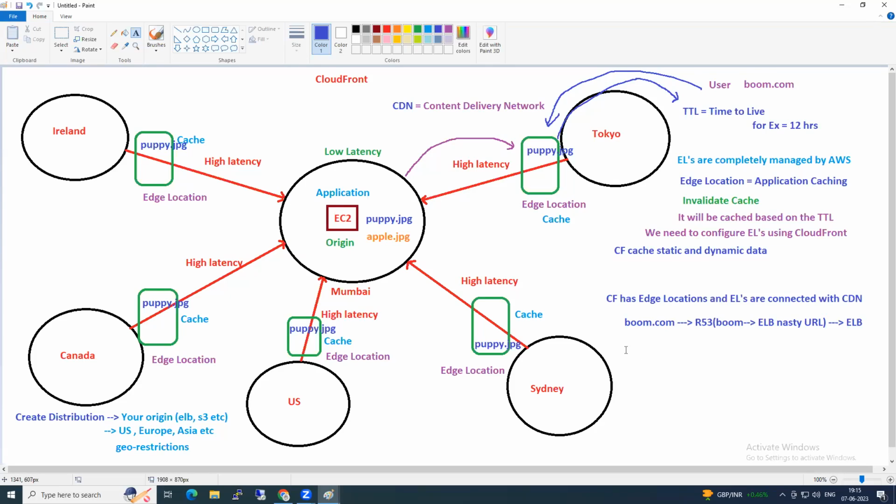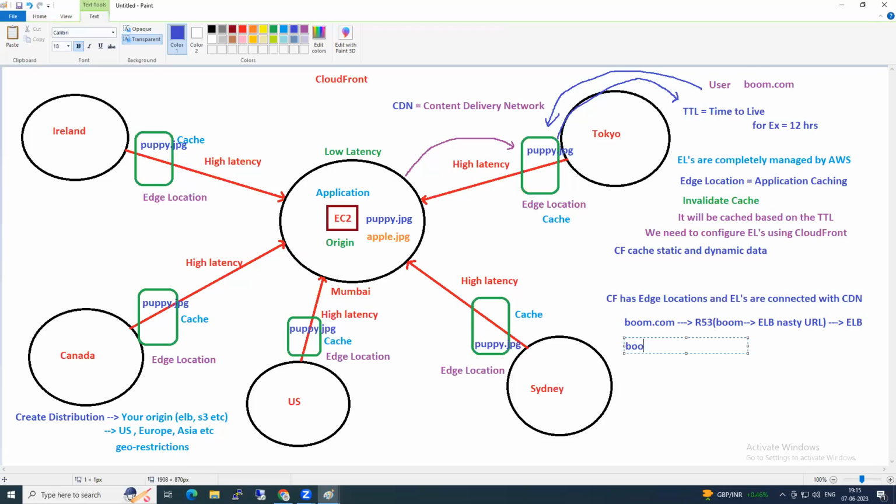If you're using CloudFront, how does it look? Boom.com will hit Route53. In Route53, boom.com should be mapped to where? Should it be mapped to the ELB or to the CloudFront nasty URL? Yes, the CloudFront nasty URL. And when it goes to the CloudFront nasty URL, CloudFront has the information of where the origin is.